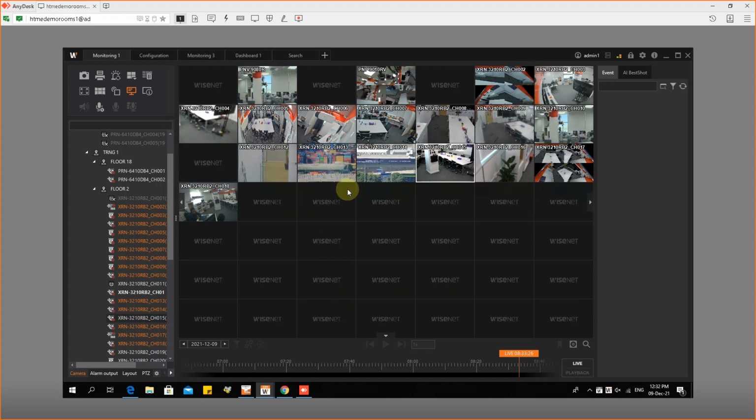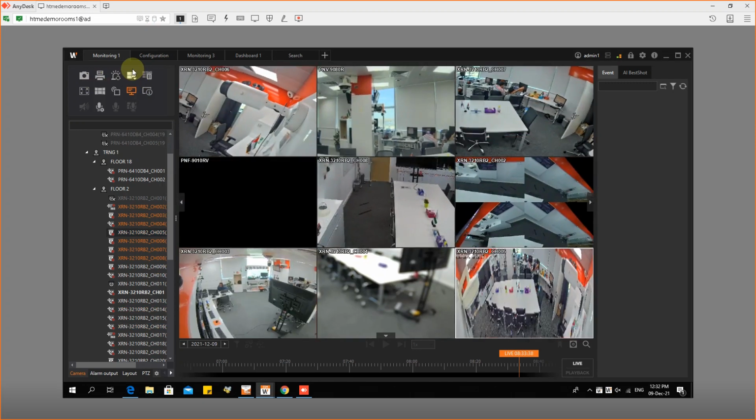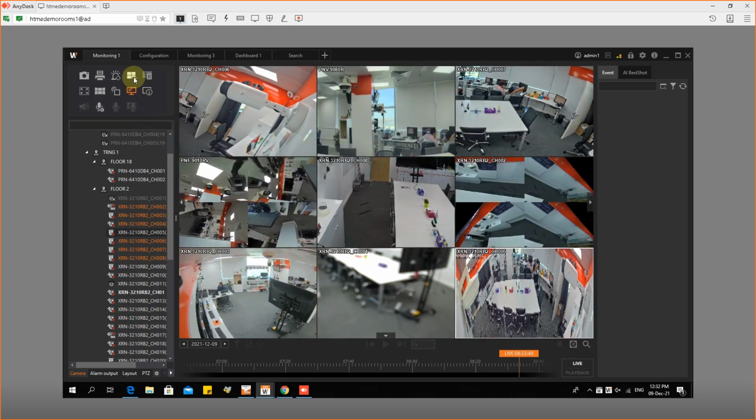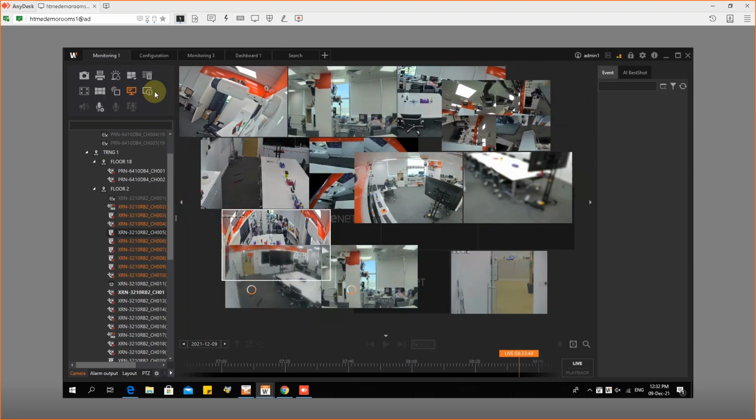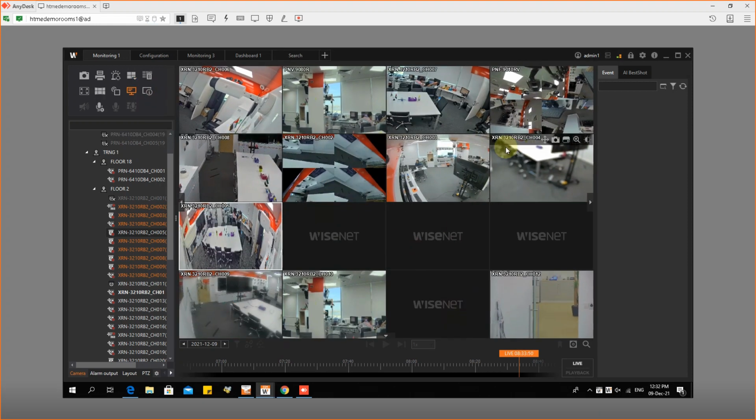Maybe all of them are parking entrances, all of them are main entrances, lift entrances. Then the operator will have certain ease in identifying an incident. Okay, then 3 by 3. If you have few cameras, good, but when you have large projects, 3 by 3 can become expensive because you need more monitors. So generally speaking, 4 by 4 or 5 by 5 is commonly used.